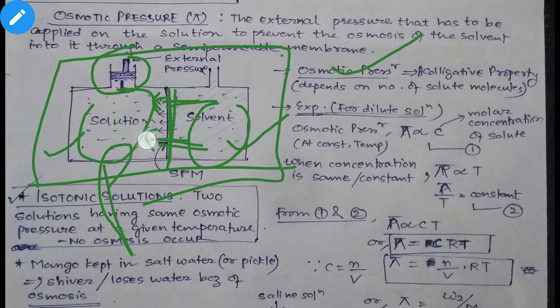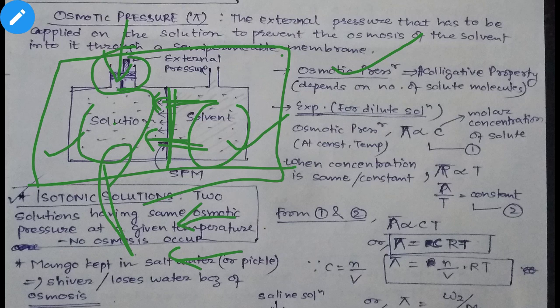Now this will pass from the solvent to the solution, right? So this passing of solvent molecules will take place. But what we will do now, so this is the process of osmosis. Now we want to stop this process, okay? So what we will do, we will apply some kind of pressure on the solution side. On the solution side we will apply some external pressure, so that what will happen, you